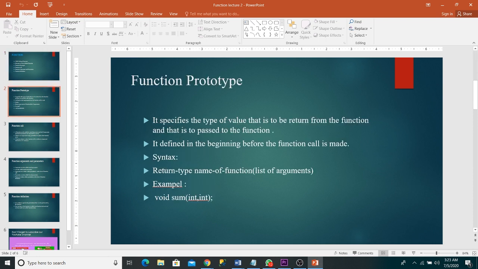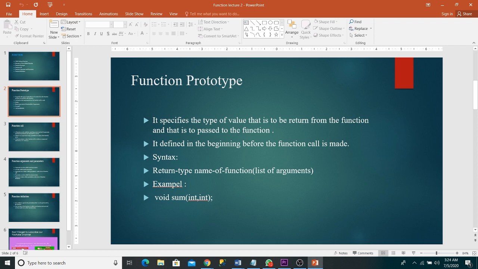So what is function prototyping? Function prototyping specifies the type of value that is to be returned from the function and that is to be passed to the function. It is defined in the beginning, before the function call is made. When you want to write a function prototype, you must write it before the function call.